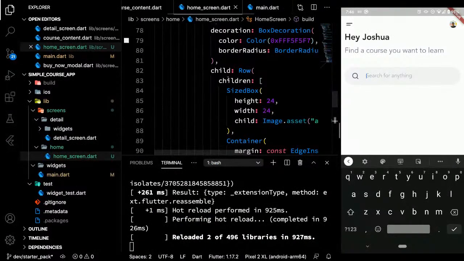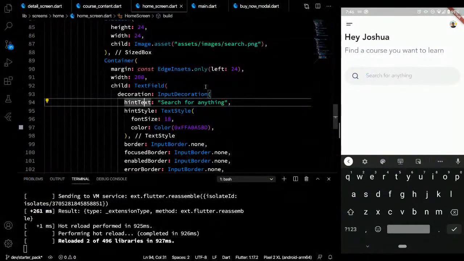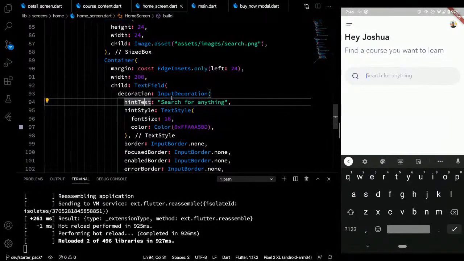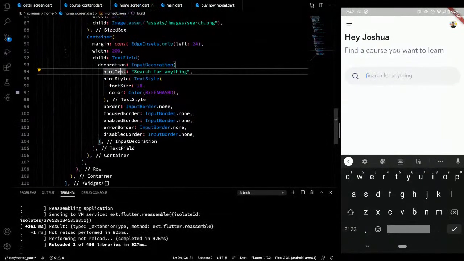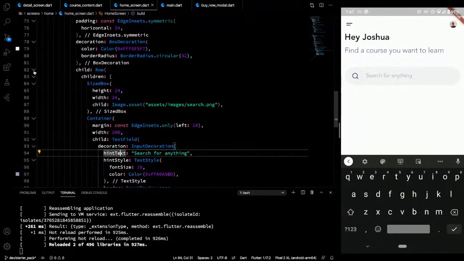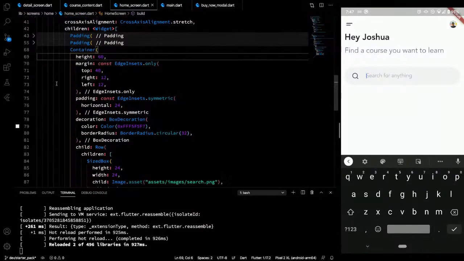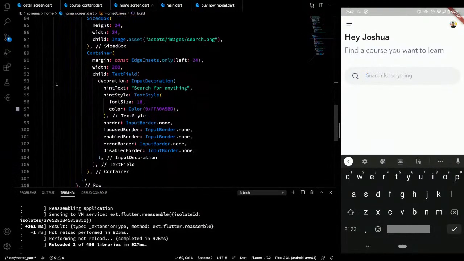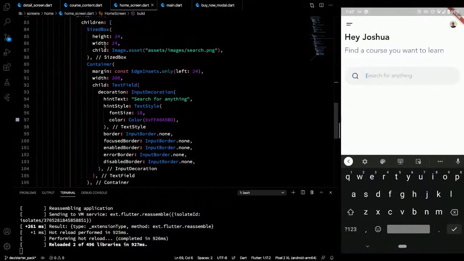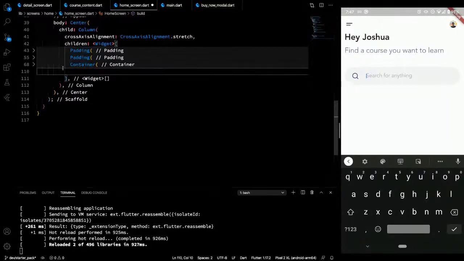Again, in this specific screen, this is the container. I hope you can still see this because I don't have enough space to actually view everything. This is just the row where we added the search container. I'll give you the code after. So that's the text field, this is the icon. Next thing we want to add is the code for the categories and see all.